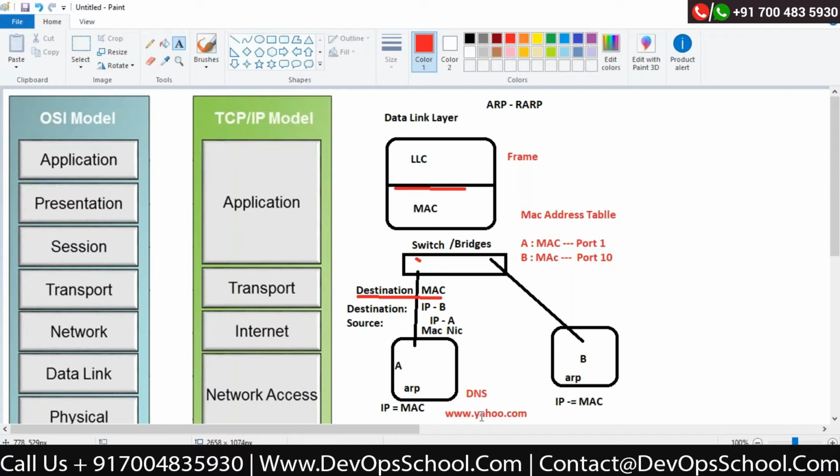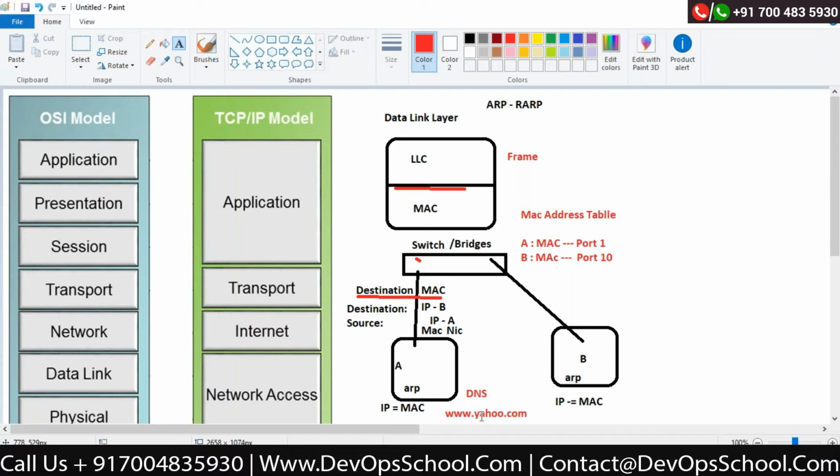Can anyone answer me? Is there any way I can find out the MAC address of yahoo.com? Yahoo.com is a website. Is there any way we can do it? RARP?